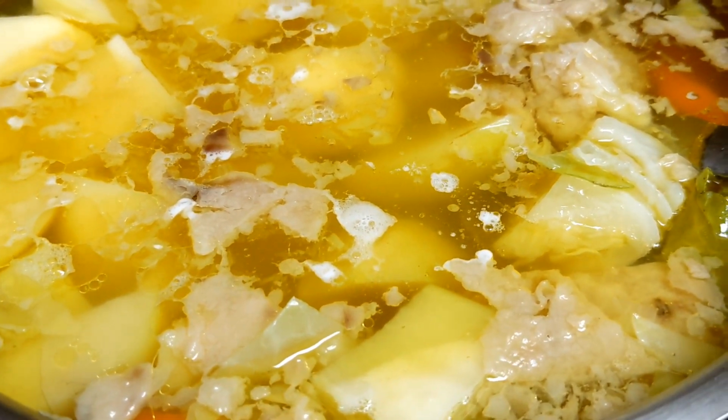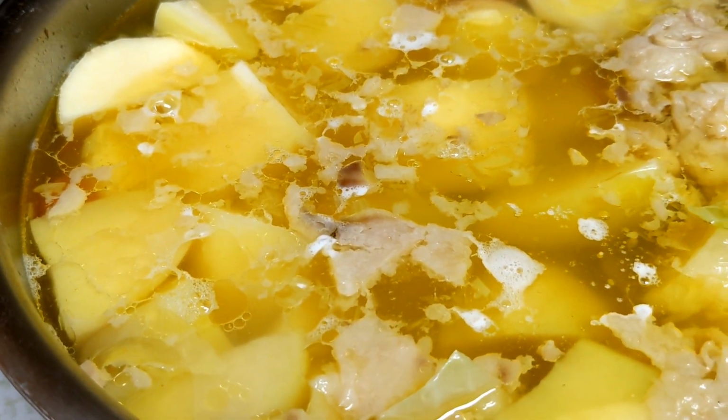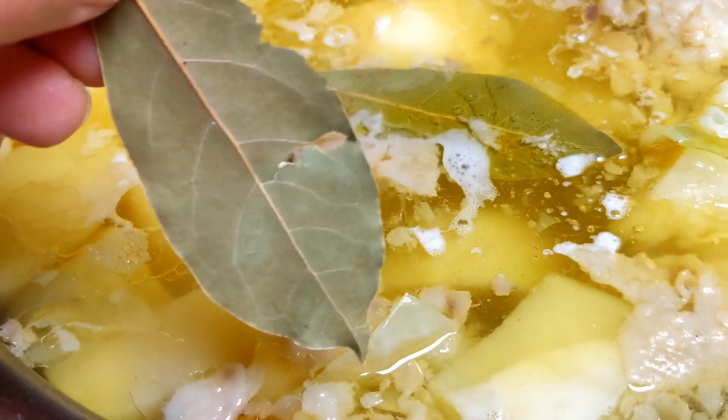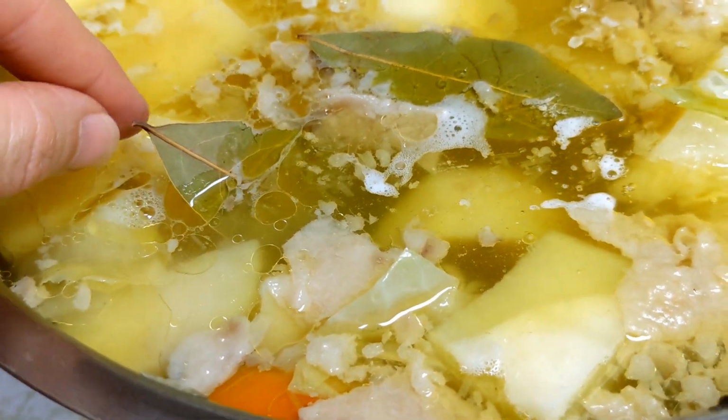Now that we've added potatoes, it's time to flavor up the vegetables and the broth, and I'm adding 2 bay leaves. They're kind of large bay leaves, so 2 is enough. If you have like the tiny ones, add 3. A few, I would say like half a teaspoon if you're measuring,